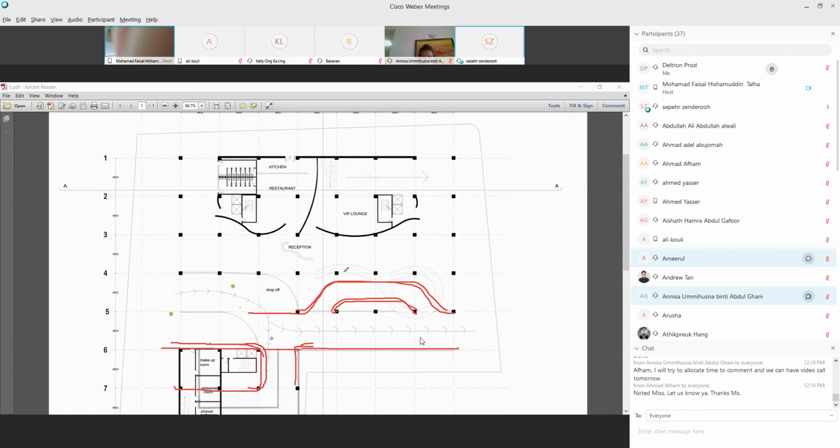Is there a road here? Yes, there is a road here also. There should be a road there. I don't know where your boundary is. This is the boundary line. There can be a road here, isn't it? I can fit a road there. And then how do you get out? You can have a drop off point like that. Oh, here? Yeah, that's good if I put it there.